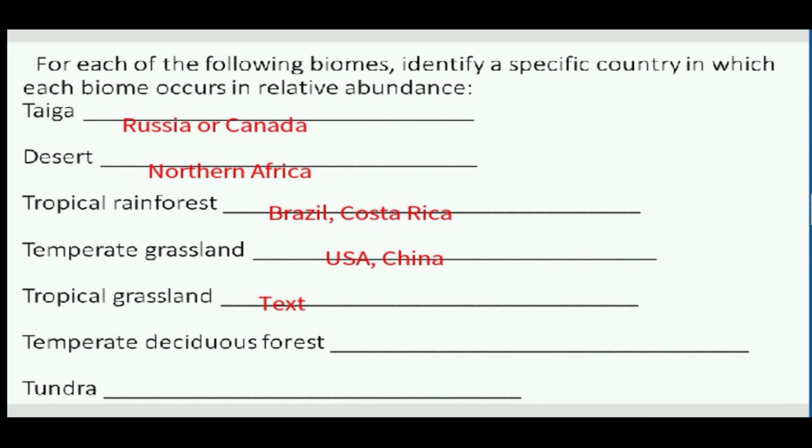Tropical grassland could be like Congo, Nigeria, where you would take a safari. A temperate deciduous forest could be in the USA, France. Tundra could be in Russia. This is like, why is it